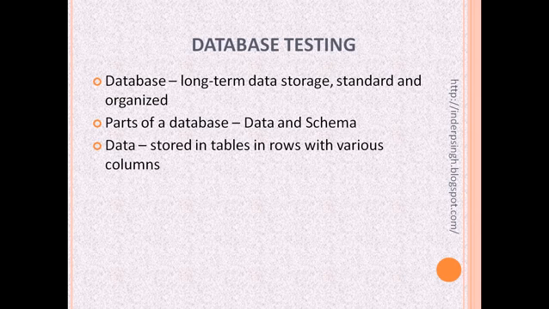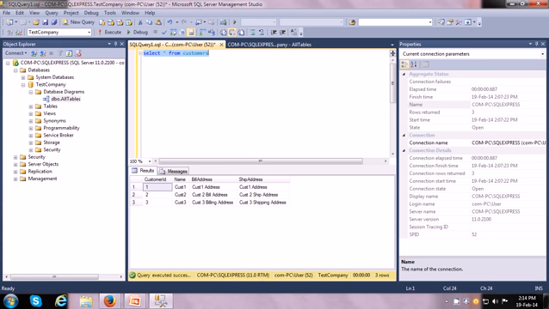Now the data is stored in the form of tables, and we need to really understand the concept of tables. Now a table really is a set of rows, and every row has many columns. So let us look at an example of the data stored in the form of a table. So here I have a test database, and there is a table called customers. So I can look at the data by using the select query. So I'm saying select star from customers. So it shows me all the data in the customers table.